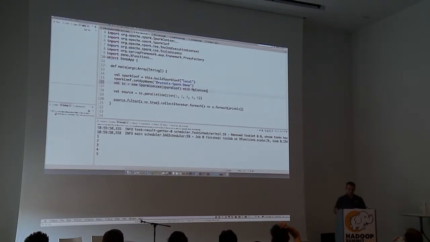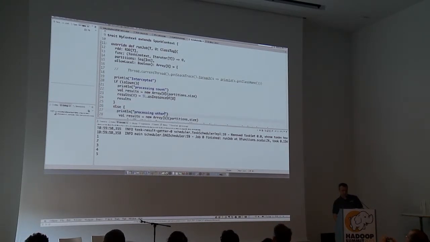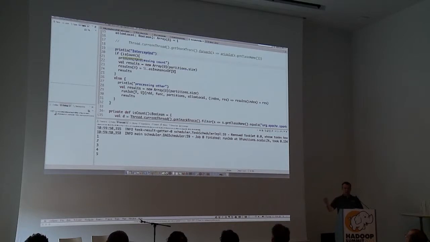It's going to compile this code into the final class, and what's inside of myContext is basically an overridden run job method, which I created. It's a poor man's implementation of determining what your trigger method was. But what I'm saying here is that if the operation is about counting, if I want to count, then don't actually delegate to run job, just create some count and return it, right?